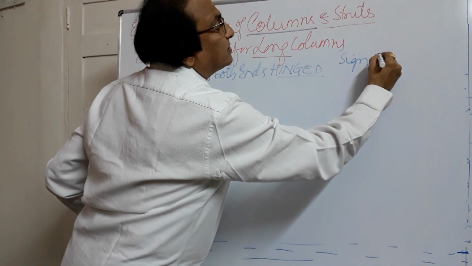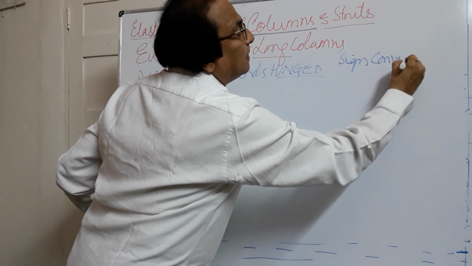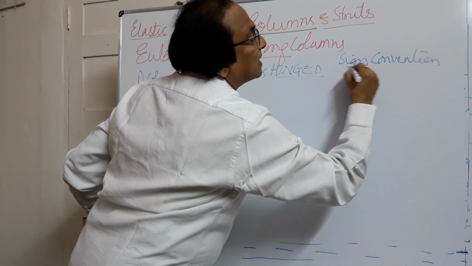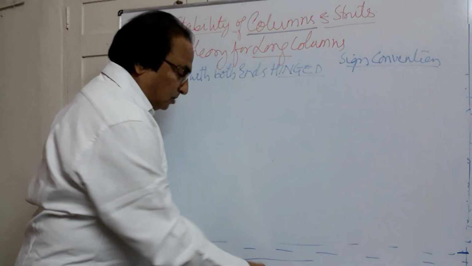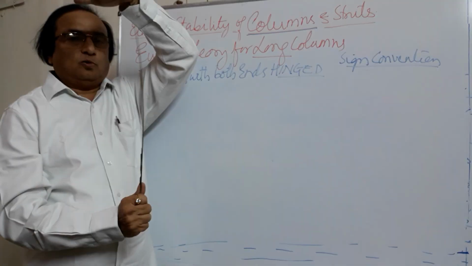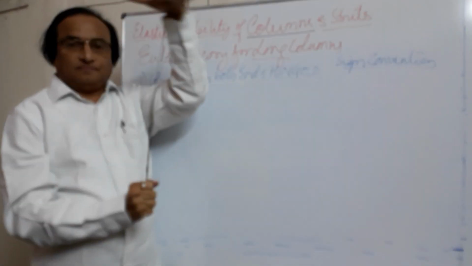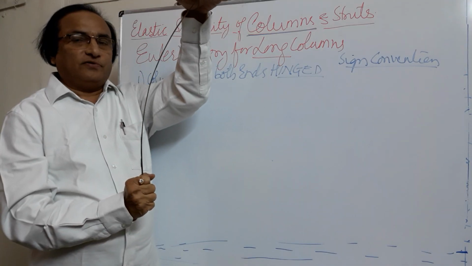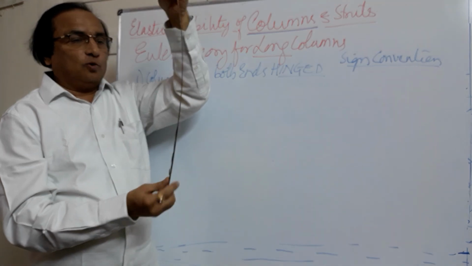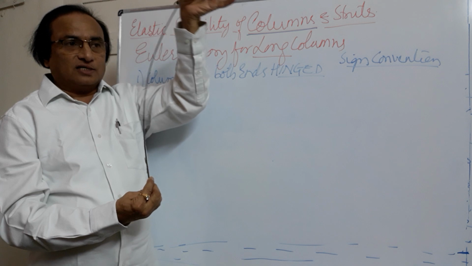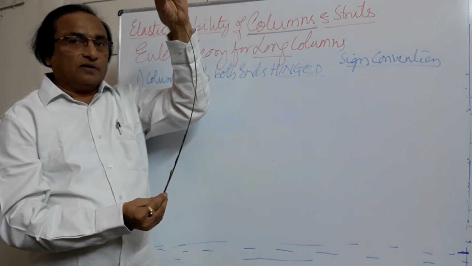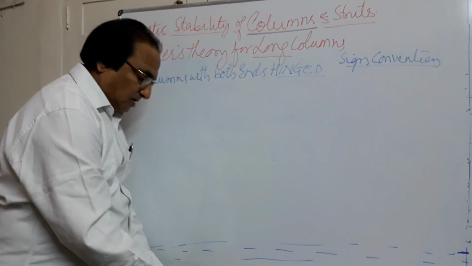here also follows a sign convention. Let us see what that sign convention is. See here, the column is going to buckle. When we apply the load, it will buckle like this, in any direction. This is one way of failure or buckling. If I hinge it, it will bend like this. So you are finding there is convexity and concavity. Based upon the convexity and concavity, he has taken the sign convention.